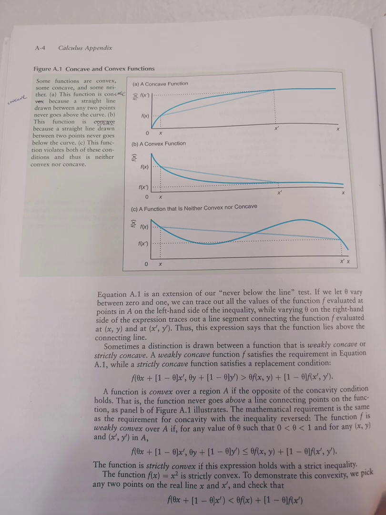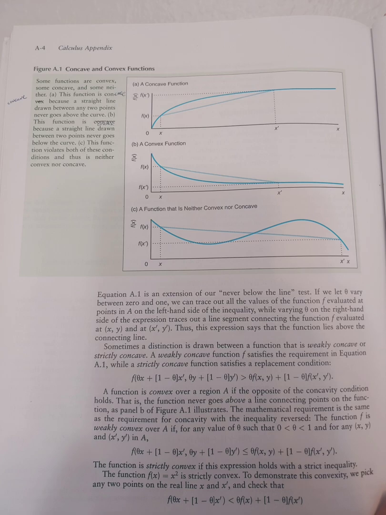The function f is weakly convex over A if for any value of theta such that 0 is less than theta and theta is less than 1, and for any (x, y) and (x prime, y prime) in A,